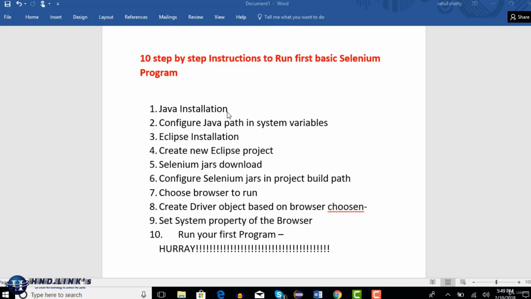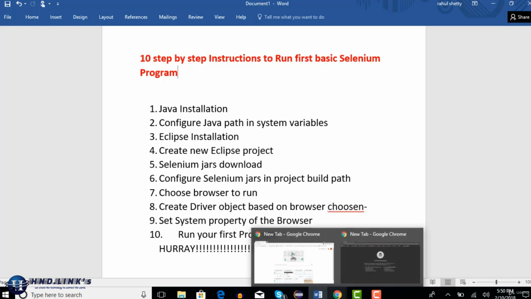You know that our course is completely on Selenium WebDriver based on Java. You know that Selenium can be written in multiple languages, but this course is completely on Java based Selenium automation. So for that you need to have Java as a prerequisite in your machine before you start writing any automation scripts. So first let's get Java into our machines and take it from there.